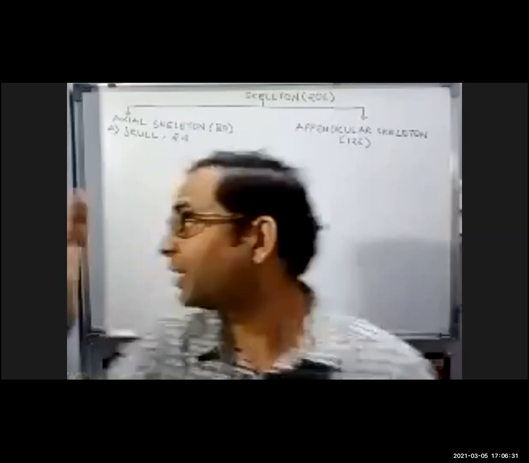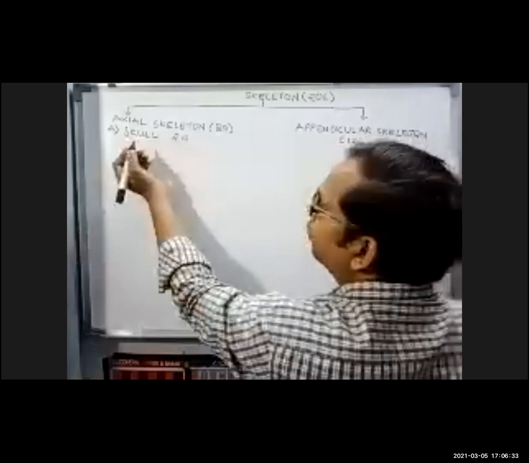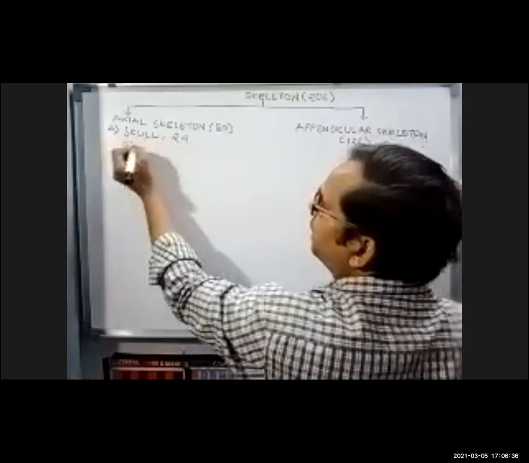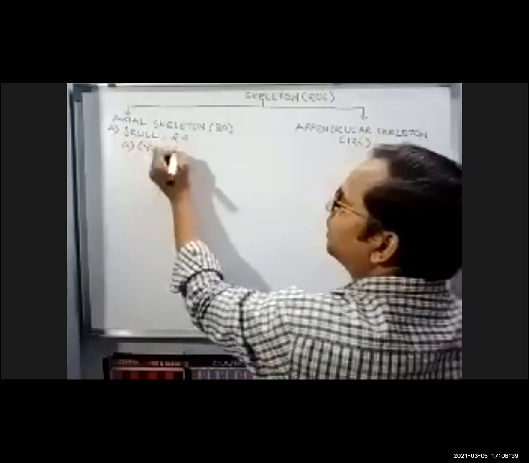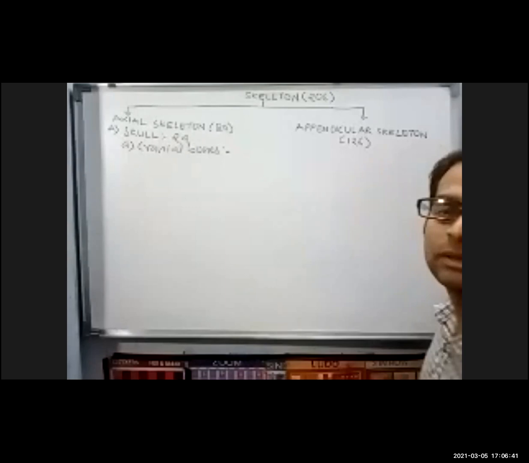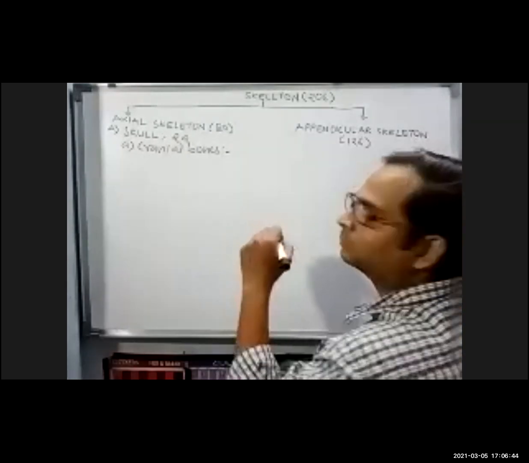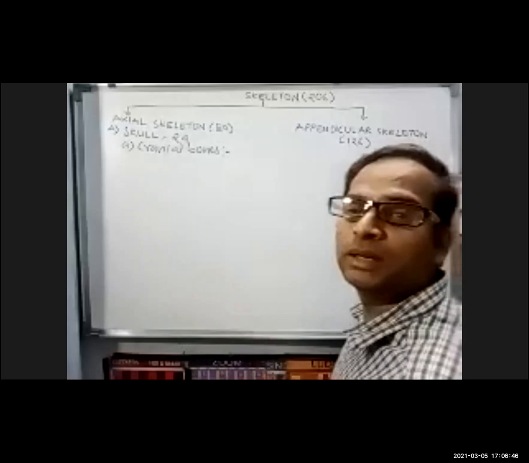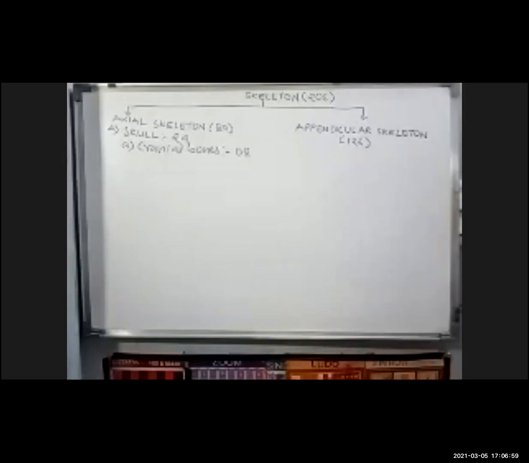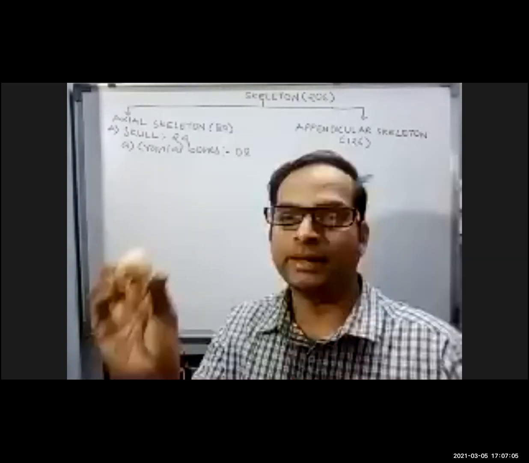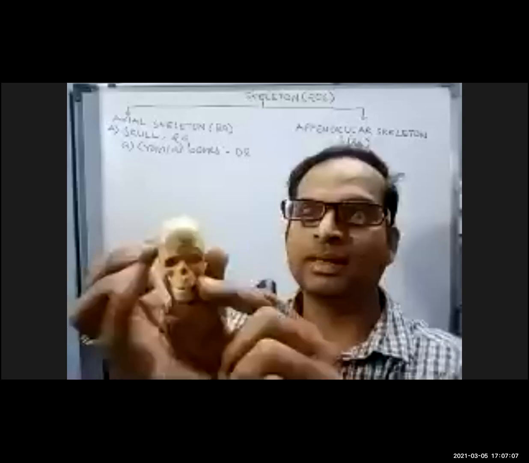If you remember the classification of these 29 bones, what all did we have here? We had cranial bones. Cranial bones means bones that form the brain box. How many were there? You can tell me. 8 bones. Yes, there were 8 flat bones, which are fused with each other by a zigzag-like joint. I have a mini skeleton with me too. I'll show you that. Here is the skull. Check.